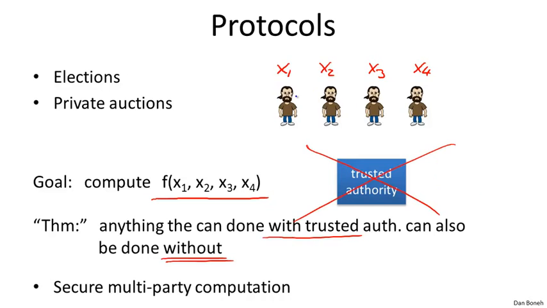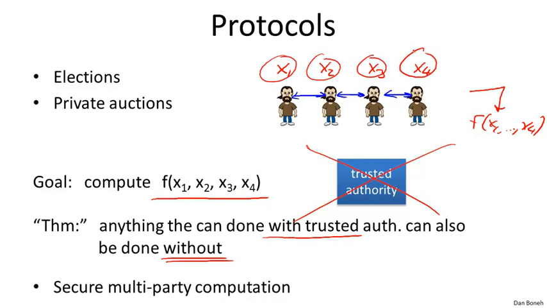Instead, the parties are going to talk to one another using some protocol, such that at the end of the protocol, all of a sudden the value of the function becomes known to everybody, and yet nothing other than the value of the function is revealed. In other words, the individual inputs are still kept secret. But again, there is no authority. There's just a way for them to talk to one another such that the final output is revealed. So this is a fairly general result. It's a surprising fact that this is at all doable, and in fact it is, and towards the end of the class we'll see how to make this happen.